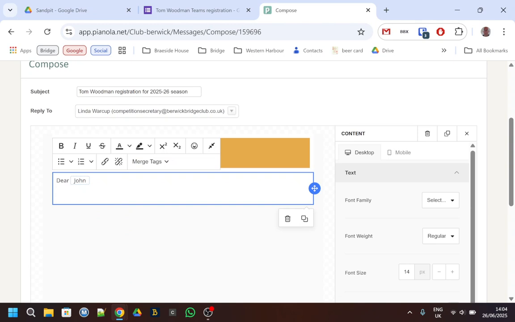It says Dear John here, but that John is a tag of the person's forename who gets the email. So when it goes to Linda, it'll say Dear Linda. When it comes to me, it'll say Dear Paul. And then you just type in your message, something like, if you want to enter the Tom Woodman teams, then please